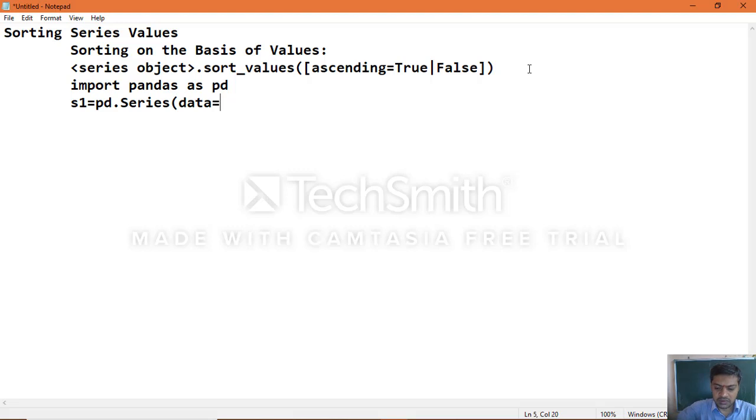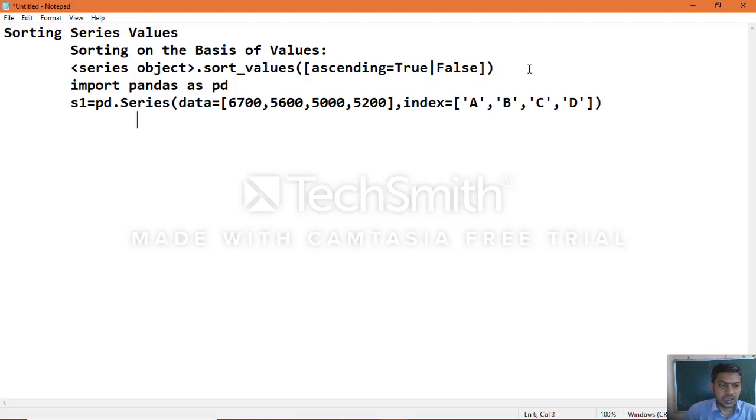So data equal to 6700, 5600, 5000, 5200, then index equal to a, b, c, d. These are the indexes you can specify. Then print the object, print s11.